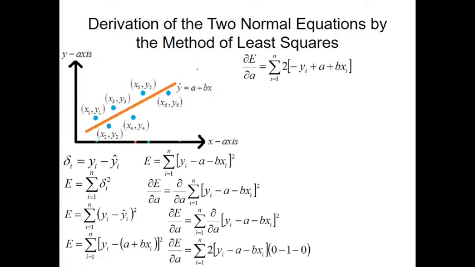So, we have here delta E over delta A, del E over del A, no? Equals to summation to y, okay, negative yi. So, distribute natin yan minus sign sa loob. So, minus yi minus a minus yi plus a plus bx sub i. Okay, and then